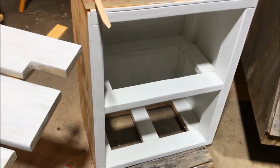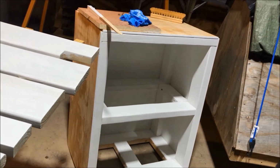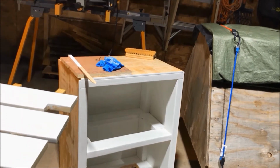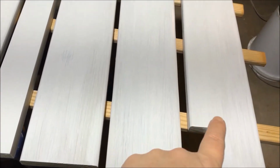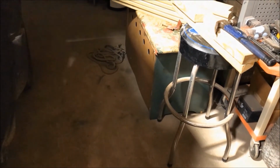So this is 2 coats of paint. I don't know how well you'll see that. Like I said, I'm not painting the outside, the top, the back sides, because they're going to be covered anyhow. And these 3 boards, that's 1 coat of paint. The rest of these, I'm on my 2nd coat. They look a little better, but I'm thinking I'm going to have a 3rd coat, which I don't like, but we'll see how it turns out in the morning. And I think I've got 12 more boards to go